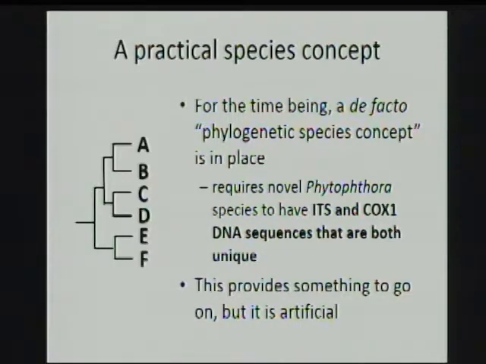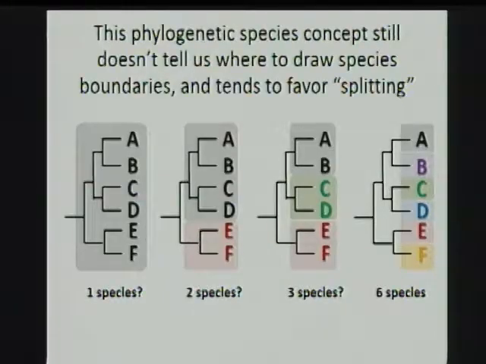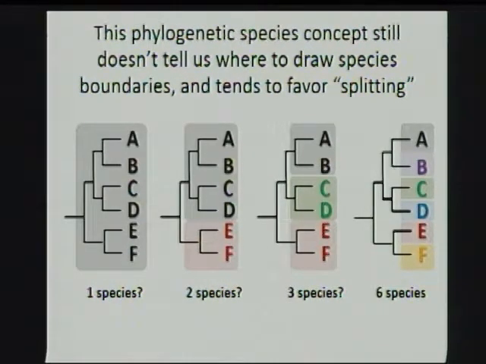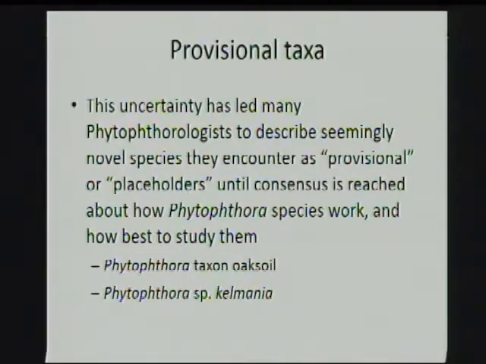It gives us the opportunity for all of this diversity that we're able to see to get it out there into the literature, which is really important so that we can all be talking about it. But it still doesn't give us a way of grouping things. It sort of forces us to put things into the smallest categories that we can discern. Nothing wrong with that necessarily. Precision is not bad, but it's one of the reasons we have so many new species that are coming out, because each one of these little entities is being described as a new species.